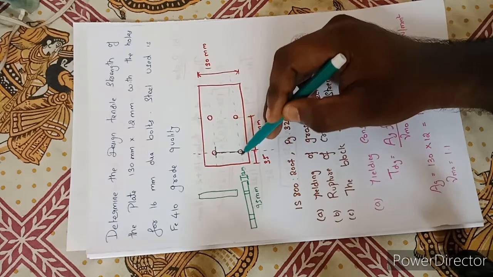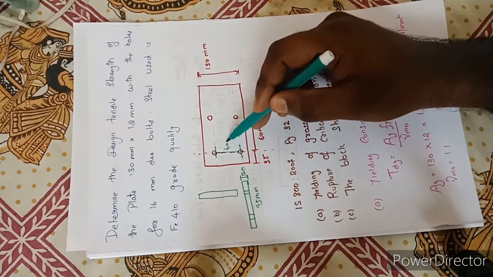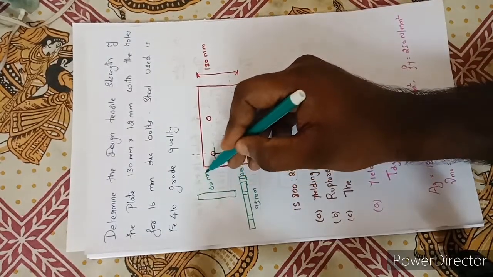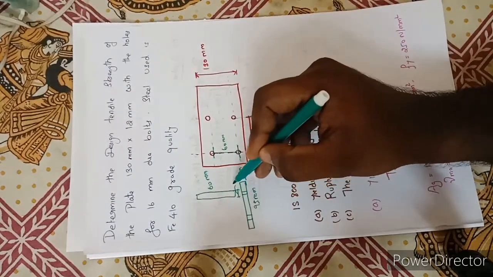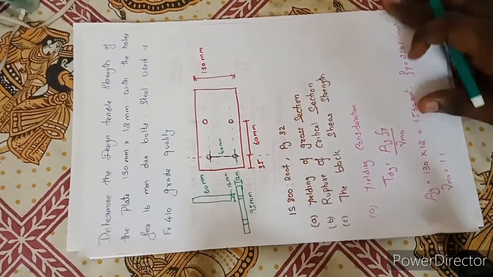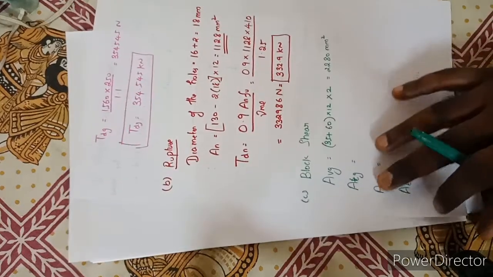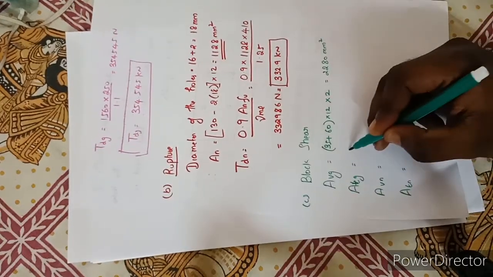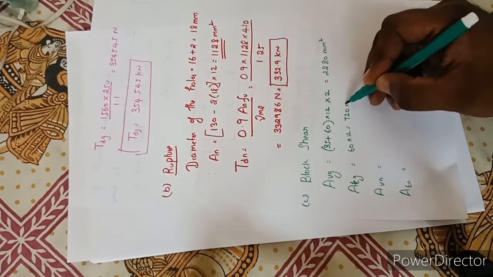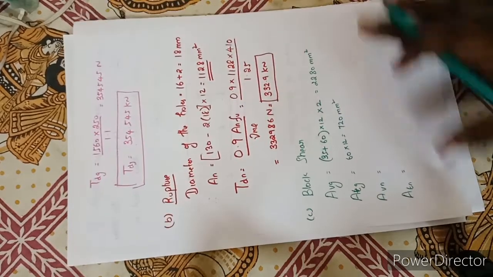So I have 60 mm, and this part will be the thickness of the plate. So again I have ATG as 60 multiplied by 12, which gives me 720 mm square. Fine. Next,